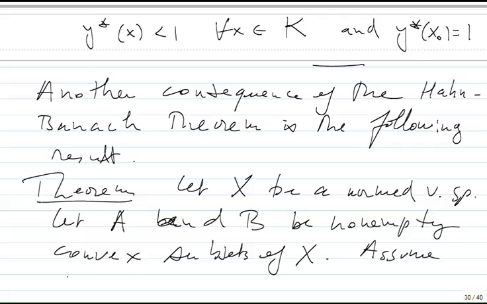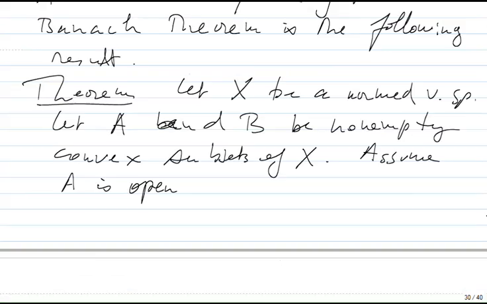A is open. I mean, instead of assuming that A is open, we can consider the interior of A, and the result will still be valid, okay? Assume that A is open, and A intersect B is empty. So there is no common point. But if you go for the interior, you have to assume that B and the interior of A do not have anything in common. Then there exists